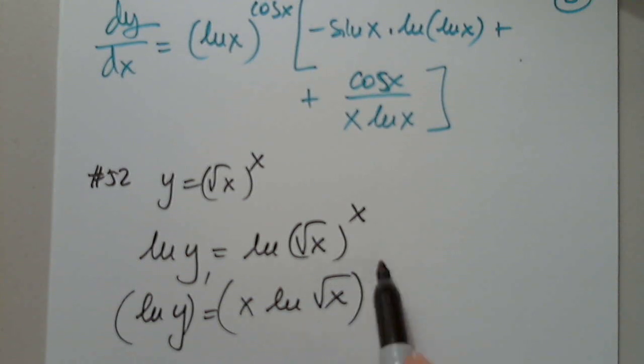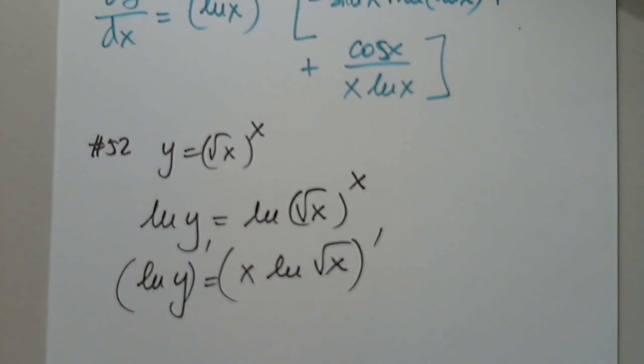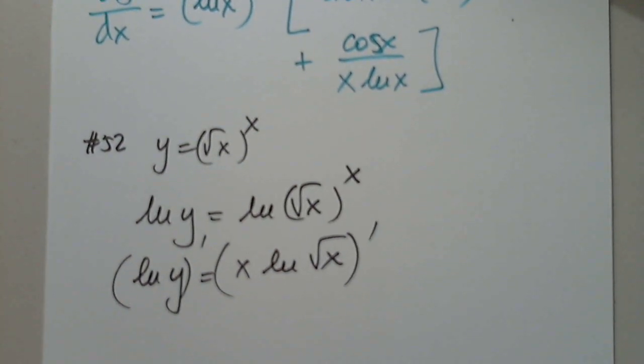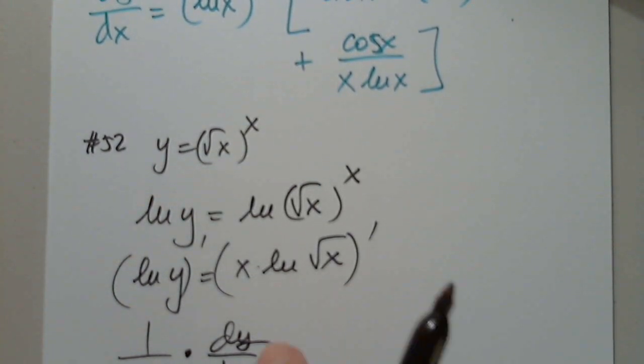Yes, we have to differentiate. Can anyone differentiate the left-hand side for us? 1 over y times dy dx. Brilliant, thank you very much. Now this is a product. The first function prime is